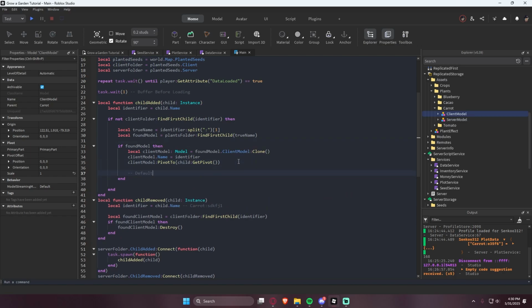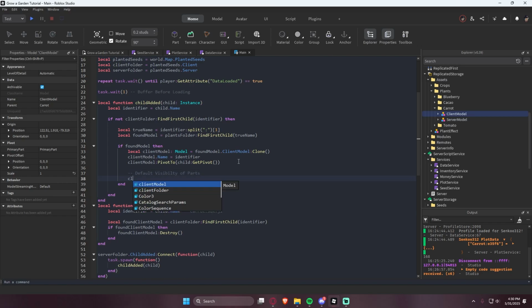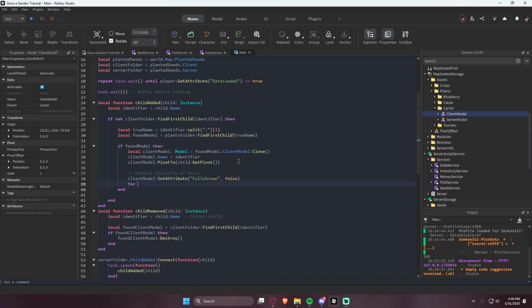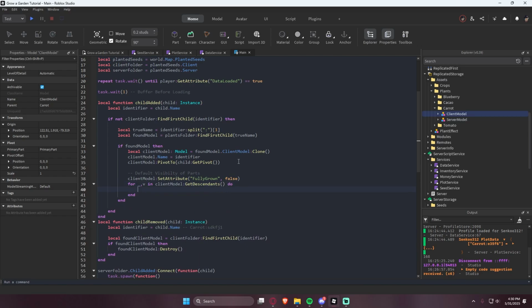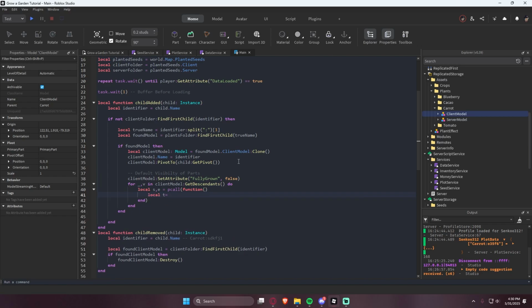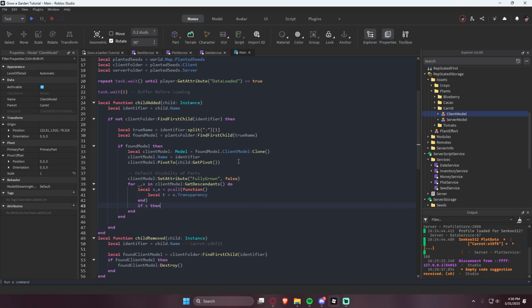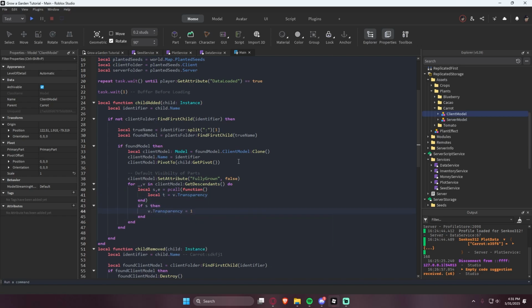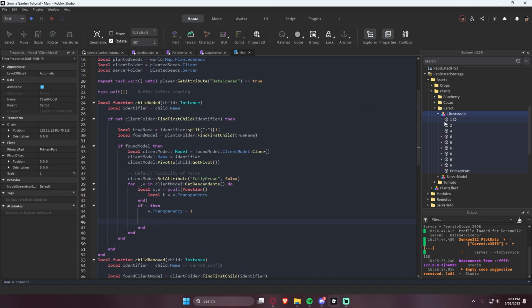And then we're going to just want to default the visibility of the parts, because we don't want all of the parts to be visible the moment the player joins the game, because we want it to actually be simulated by growing. So we're going to say client model set attribute fully grown, comma false. And we're going to want to loop through all of our client models. And we're going to want to see if there's a property in here called transparency, like so. And we're going to say, okay, if there's a property, then we're going to want to set the transparency to 0 and set the attributes of all of the